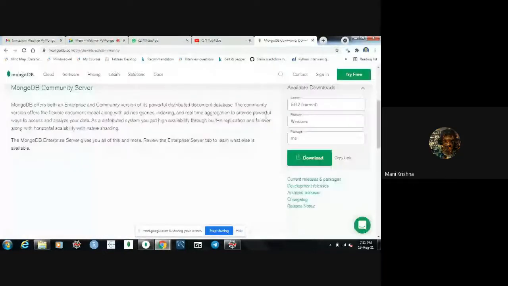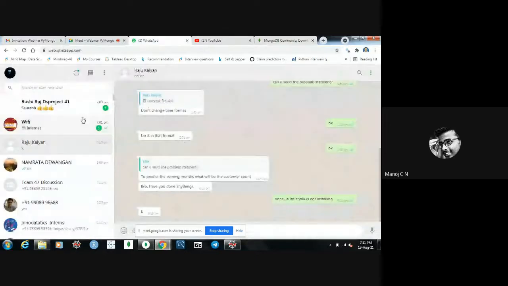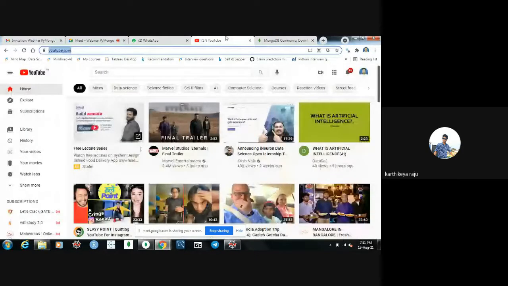While installing the MongoDB, it is asking to choose setup type, complete or custom, sir. We go with the complete. It is asking to run service as network service user. It's already selected. Install MongoDB as a service. Sir, once share MongoDB service. Sir, shall I share my screen? Wait, let me stop my share screen. Manoj, you can share, right?